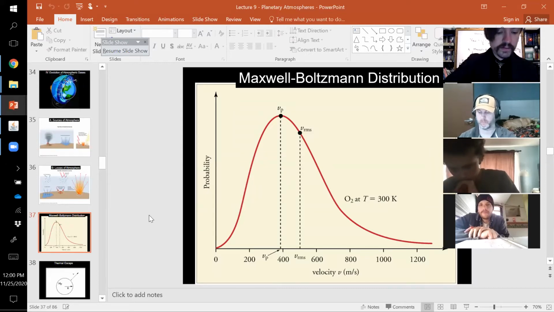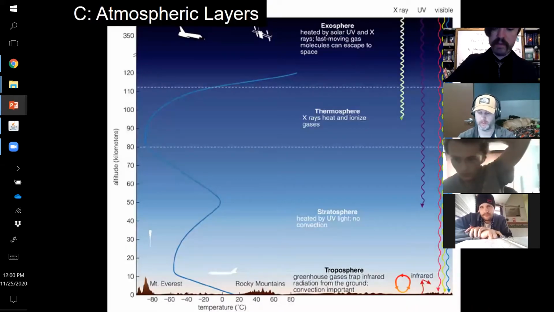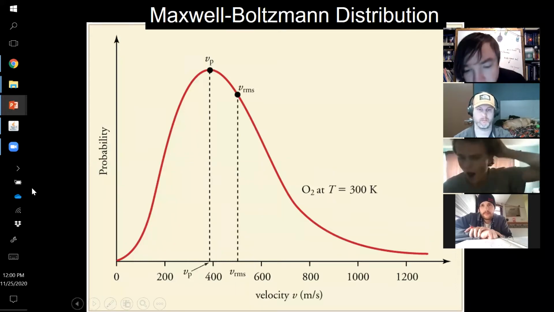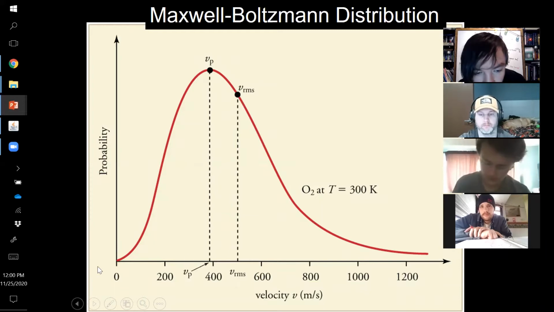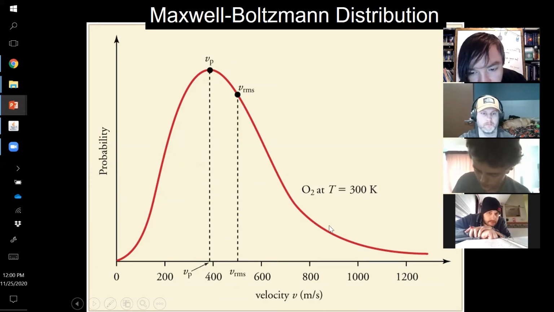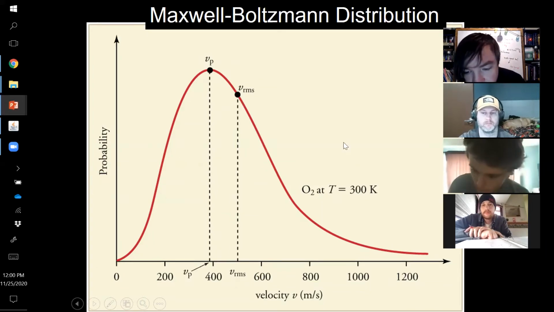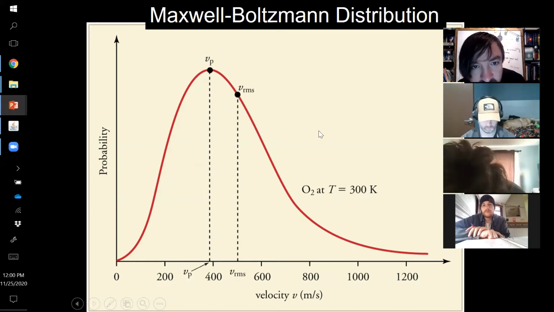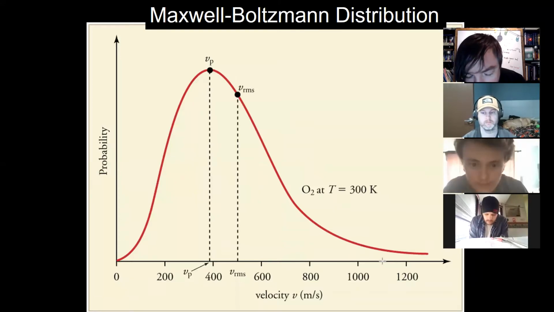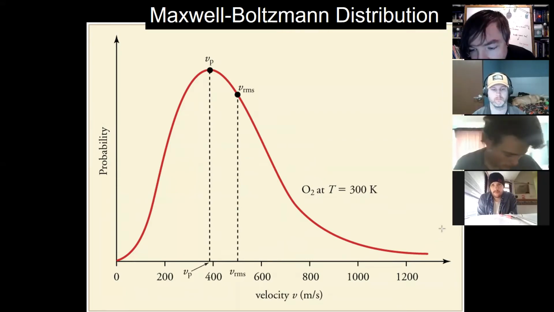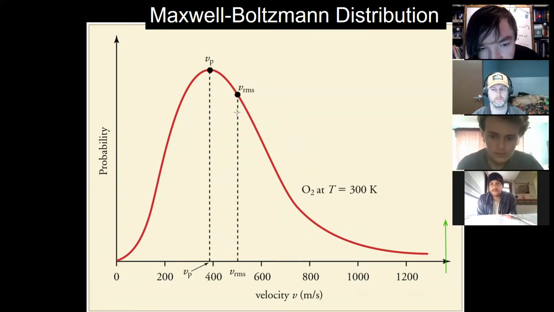This is a Maxwell-Boltzmann distribution for diatomic oxygen at 300 Kelvin. Notice that you can see the bell curve with the high-speed tail. It looks to me that the cutoff for the escape velocity, I'm going to use lime green here. Hold on a second. That's actually 1 kilometer per second. So the actual cutoff is way up here, okay?